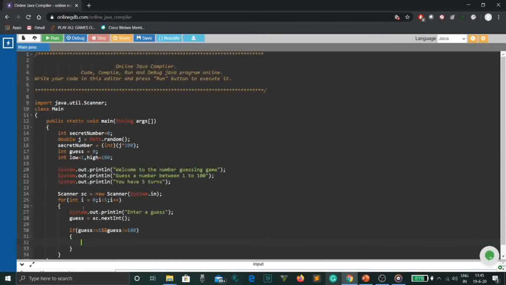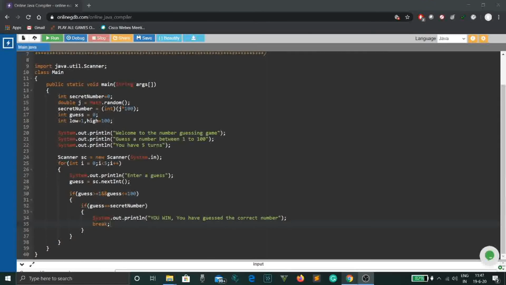If you don't want to open a scope, it's okay, because we are only writing one statement inside of it, and that is System.out.println("You win"), because if guess is equal to secret number, you'll directly win. You have guessed the number in the first go only. So we write you win, you have guessed the correct number. And then we write the break statement to break out of the loop and go on to the next thing.